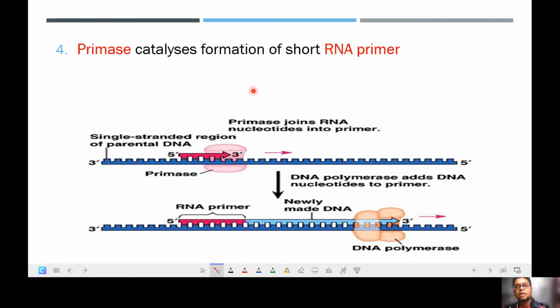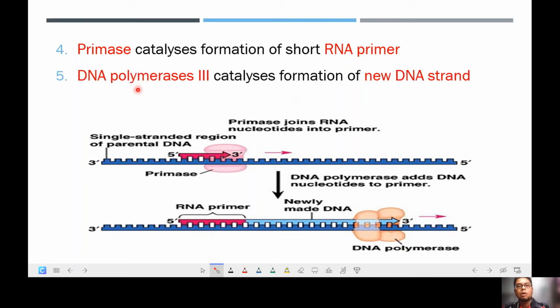Before a new DNA strand can be formed, a short RNA primer must be formed first, and this will be catalyzed by an enzyme known as the primase. So as you can see, the primase enzyme over here will join RNA nucleotides to form a short RNA primer,